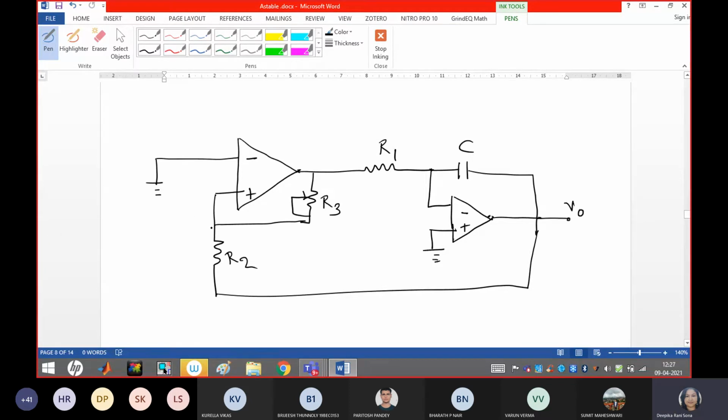Yeah, this is your circuit, guys. Now if you can see the circuit, you can tell me what the first part of the circuit is and what the second part of the circuit is. And here I may get a triangular waveform. What is the first stage of the circuit? If you see, it is nothing but a regenerative comparator. What is a regenerative comparator, guys? A Schmitt trigger, right?